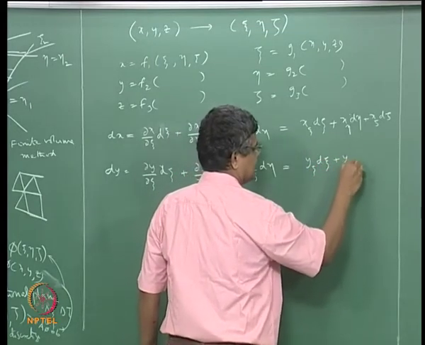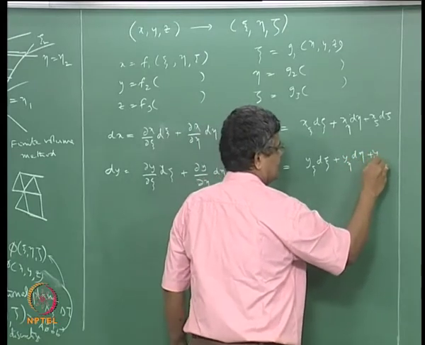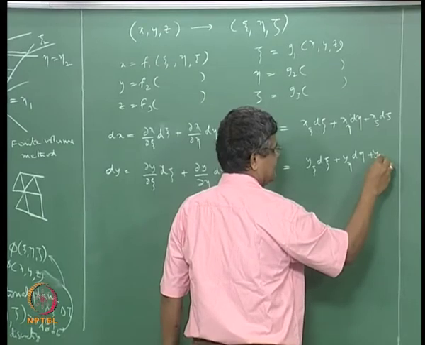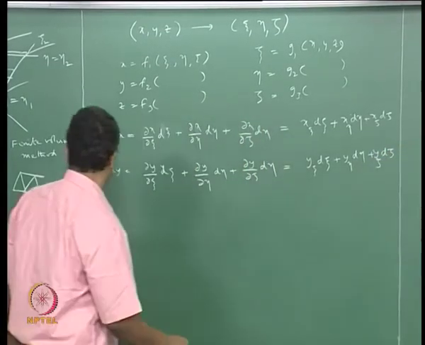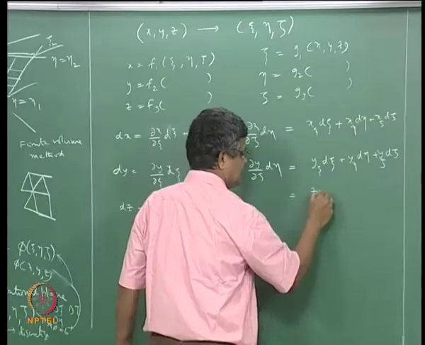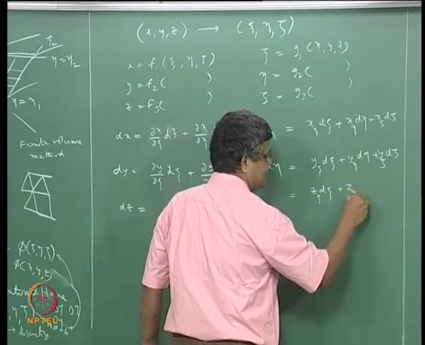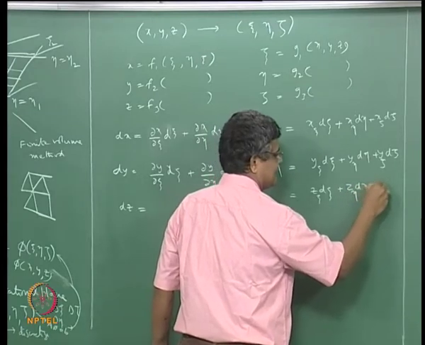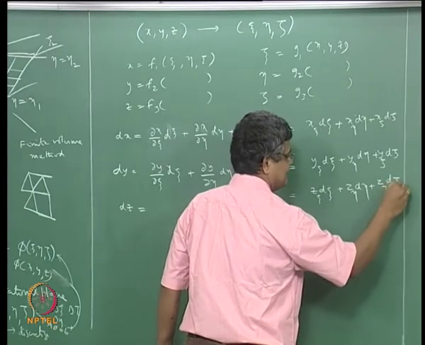Plus y eta d eta, y psi, y zeta d zeta, and similarly I can write dz to be by the same token z psi d psi plus z eta d eta plus z zeta d zeta,